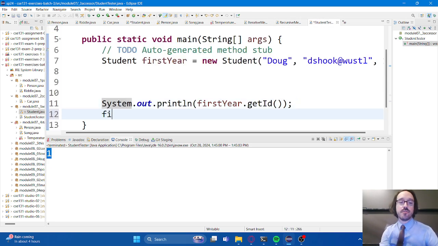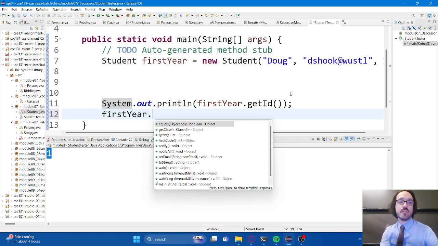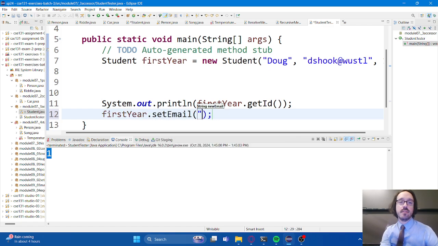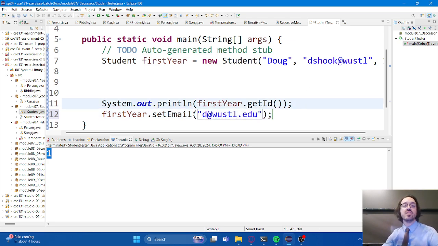So if I wanted to change the first year's email, we call the getters and setters just like we would call any other method. Instance name dot method name, and then any parameters we need inside of the parentheses.